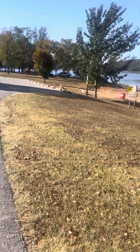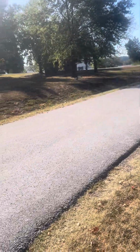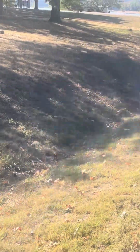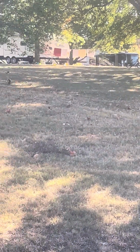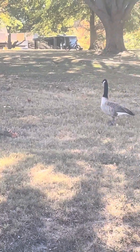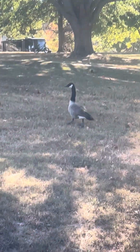Just going around. Here's some more. Oh, here's some geese. And squirrels. The geese. Geese. And squirrels in the background. Geese are not afraid of humans. No other squirrels. I see 1, 2, 3, 4 squirrels on the ground. Must be getting their acorns. Yep, there's a bird and a geese. Here's the